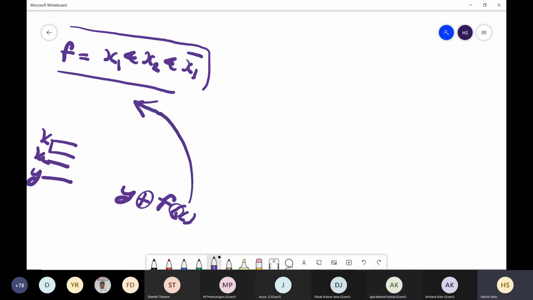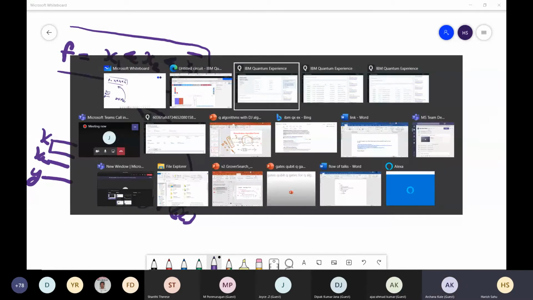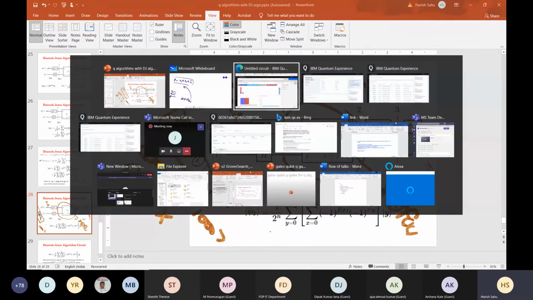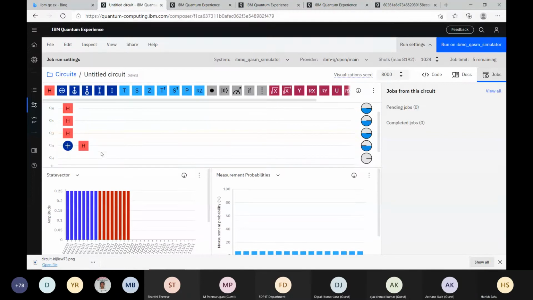Is this idea clear? Yes, sir. In the algorithm part, I have explained earlier that nothing changes, only this fx changes. The other components are fixed. So somehow you have to implement fx in such a way that at this point you get y XOR fx. Okay, so how can we do it? Can someone help me in doing that? So x1 and x2 I want to do.